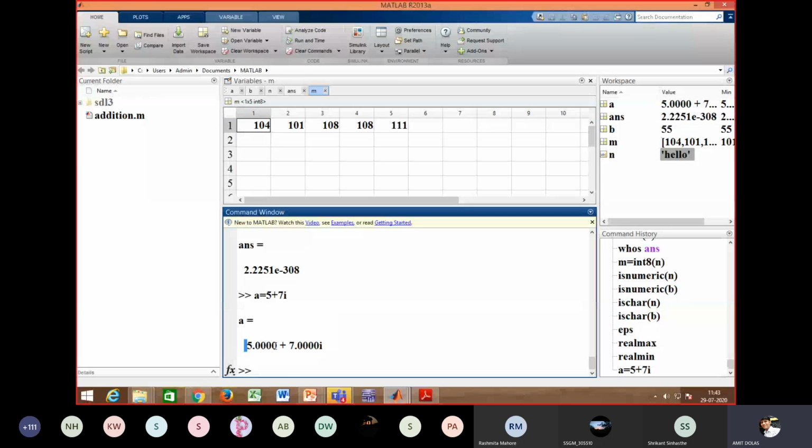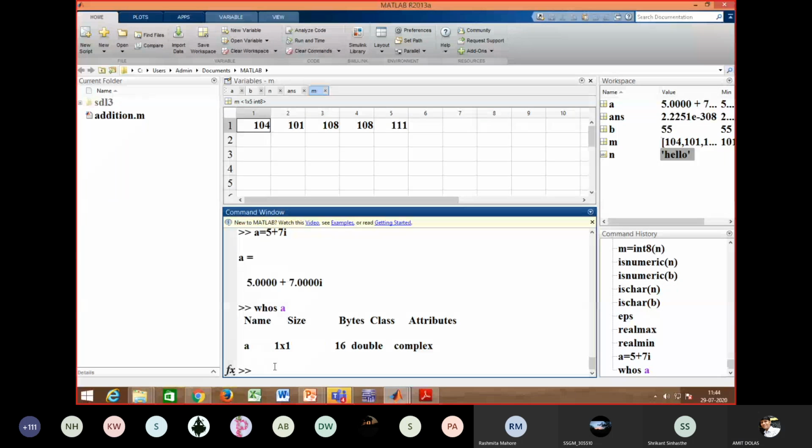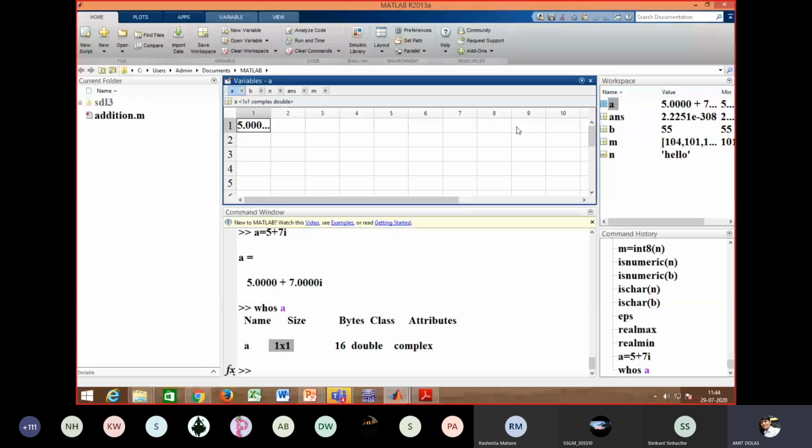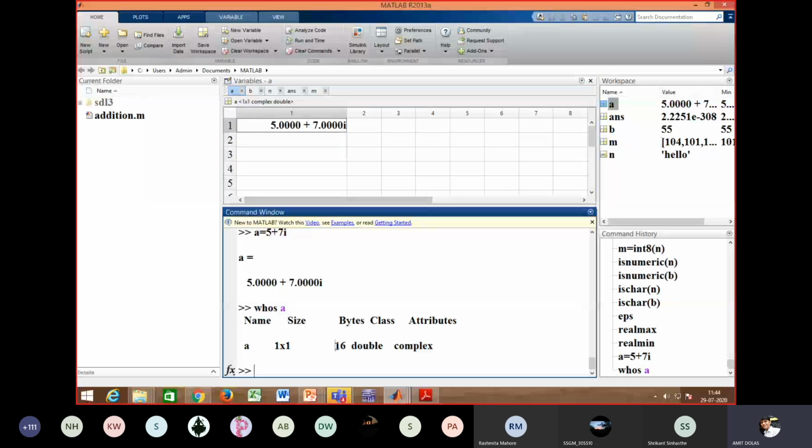Let's see here, whos a. It says it is a 1 by 1 matrix, because it is stored as a 1 by 1 matrix, here you can see on the workspace. It requires 16 bytes to store. The data type is the default, which is double, and the attribute is complex.